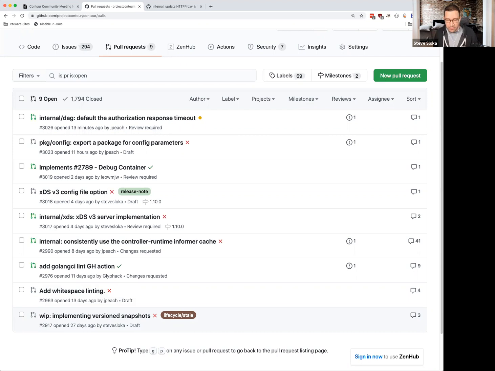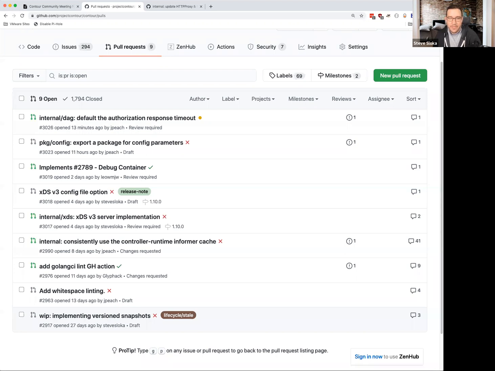Yeah, I guess it depends on whoever wants to create the GitHub action. We should be able to just copy and paste from Contour. I think it just reads settings or secrets from the repo, so I can copy those over into the operator repo, and then the GitHub Actions can just read those credentials out of there automatically.